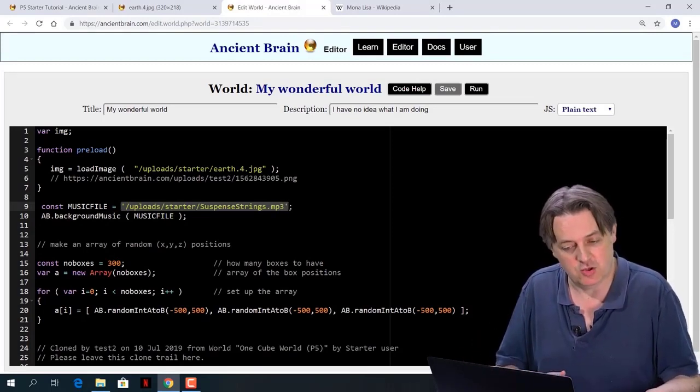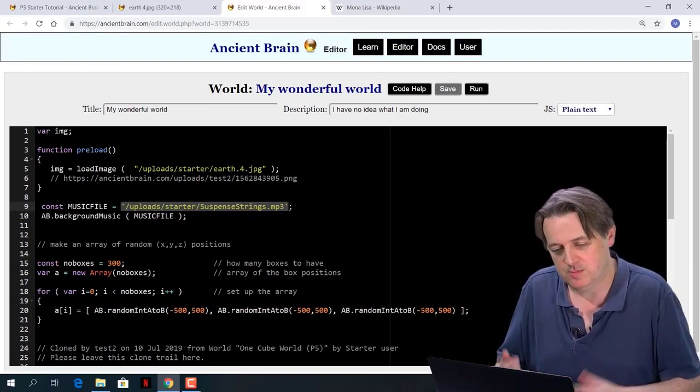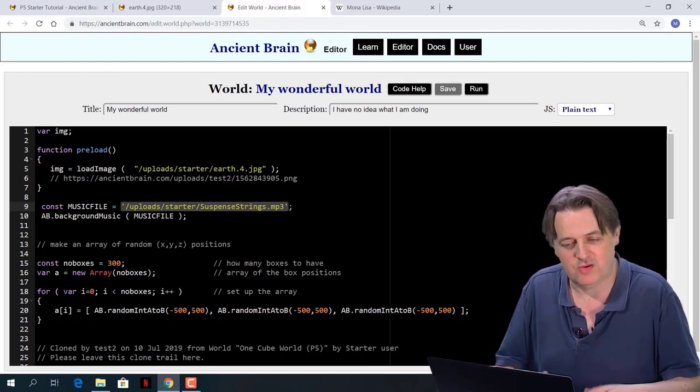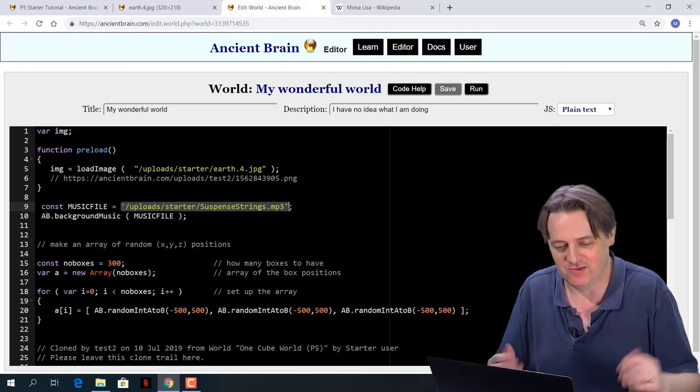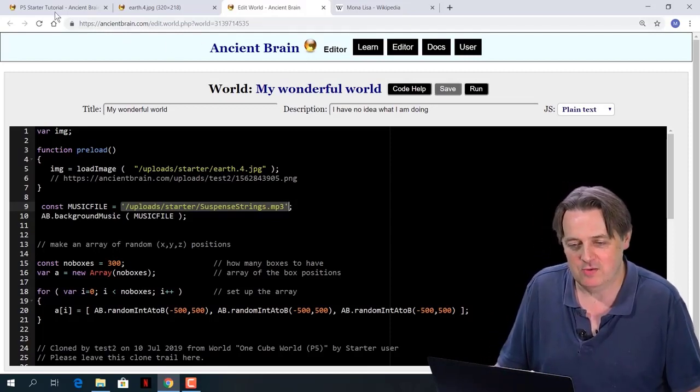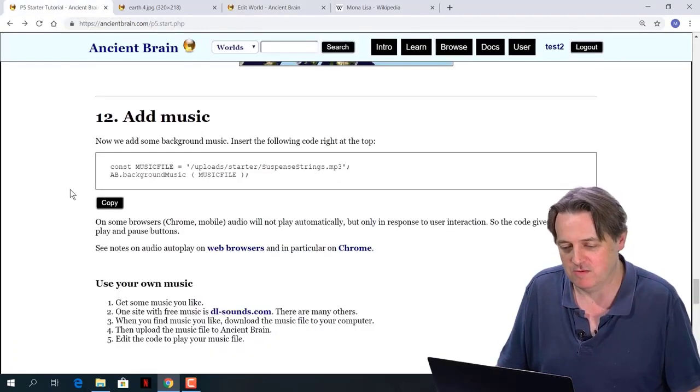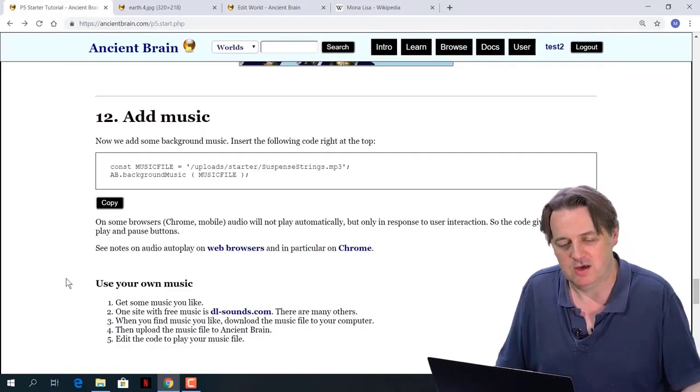Does that mean you can upload your own music? Yes. So you can upload your own music, and then you can use your music. Does that mean you can search for other people's music and use that? And the answer again is yes. So you can include other people's music. You can go look for your own and have your background music in your game or your demo or whatever